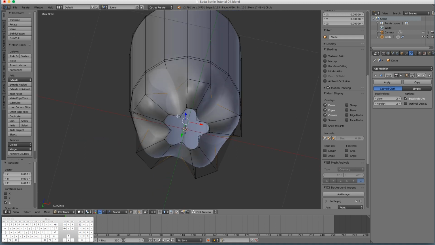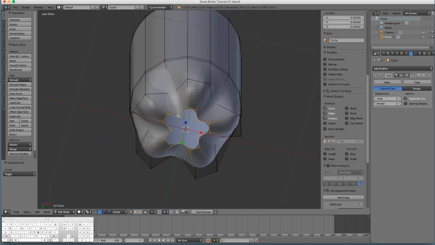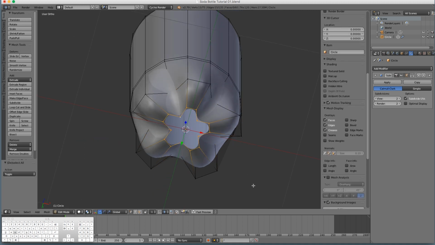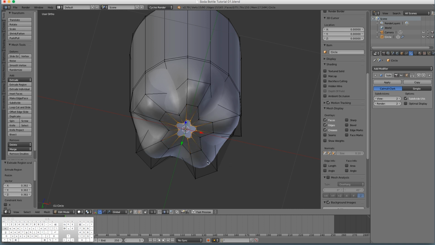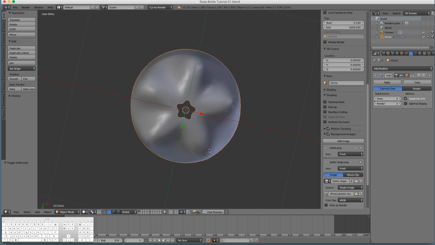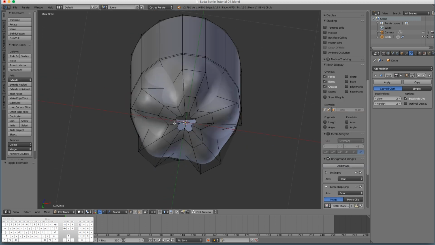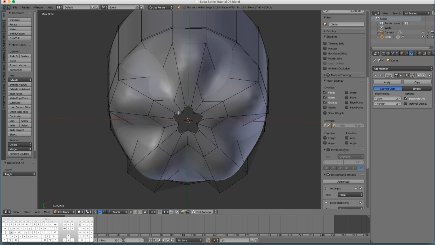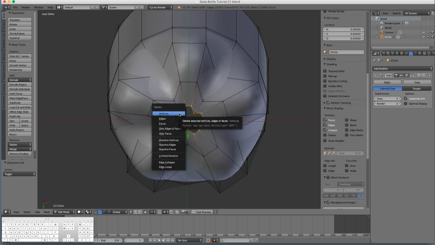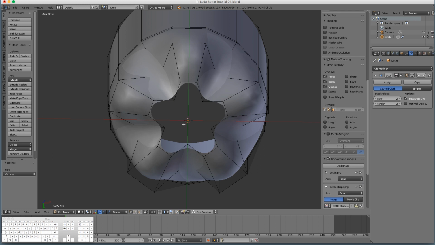And then we can hit A to unselect, edge select that, and then I'm going to scale out. And then I'm going to extrude, E again, and scale back in. So we basically do now have more of that star pattern. In fact, one thing we could do is instead of having this be a star pattern, this could actually be a circle. So I'm going to delete that, and then hit A,